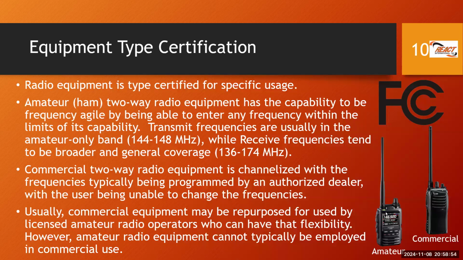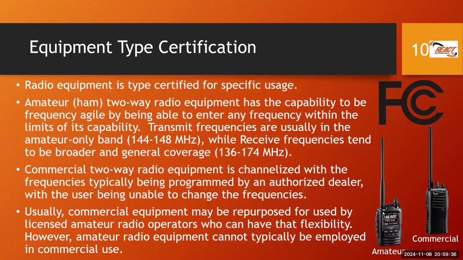But once you can punch in the frequency, what we call FPP or front panel programmable, it's likely to be an amateur class transceiver. If you have a touch screen that you can touch up and down the frequency, it's likely to be an amateur class transceiver. Another one, I don't think I have any bullet slide here to tell an amateur transceiver, is if you can press a button and shift minus 600 kilohertz down or up, chances are that's an amateur class transceiver. That is not typically the case with commercial transceivers. So just giving ideas of how you can tell the difference. If you look at your radio in your hand and you can do any of these two things that I just mentioned, chances are it's an amateur class transceiver, right?